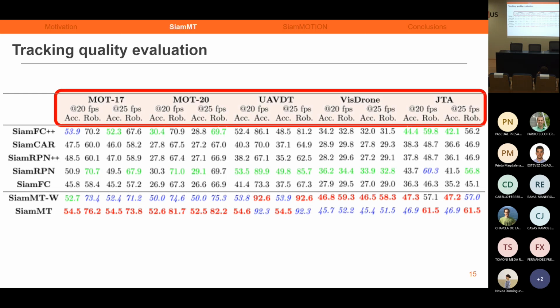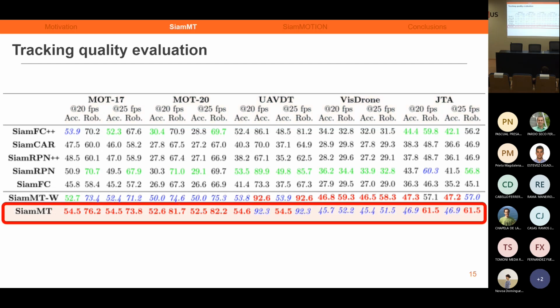This comparison is performed on different datasets, using the standard metrics defined by VOT real-time. Thus, for different speed thresholds, we obtain the accuracy and robustness of the systems. The accuracy is the average overlap between our predictions and the ground truth, and the robustness is the number of frames in which we are able to track an object without losing it. The chosen datasets represent several real scenarios with multiple objects and different categories.